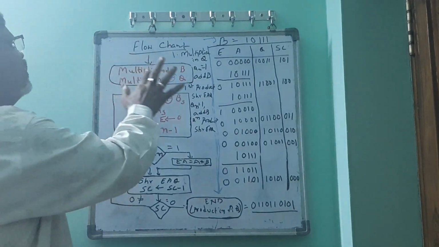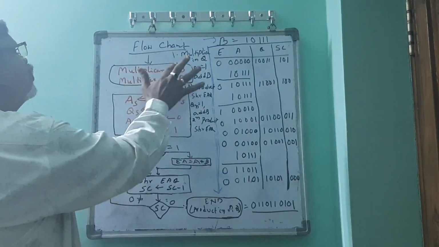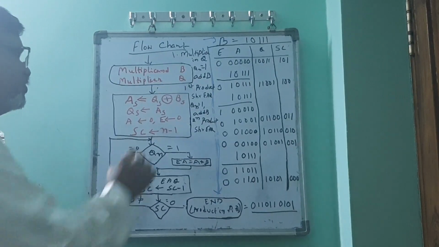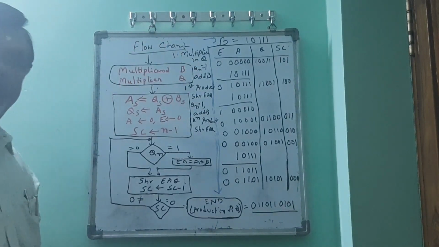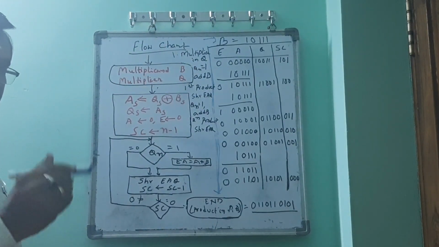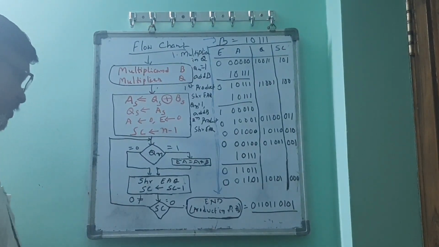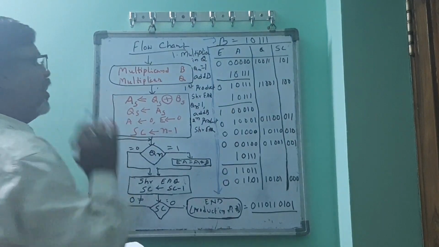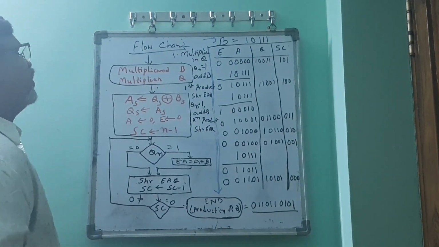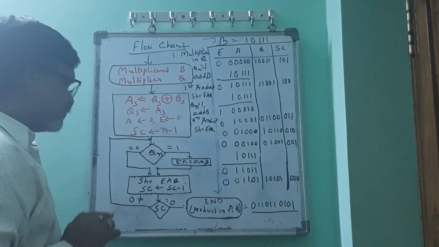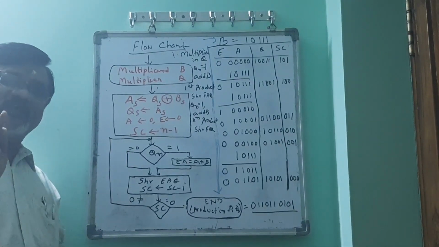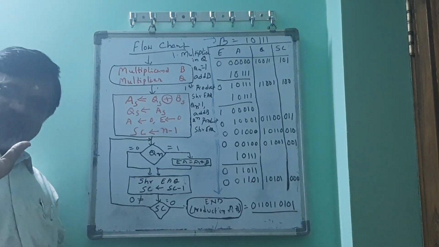So here initially we have stored the two input values in B and Q. So the first multiplier is one value, the second multiplicand is the second value. In this part, you see in the process part, what we are doing is AS. What is AS? I told you, the sign bit of one register.